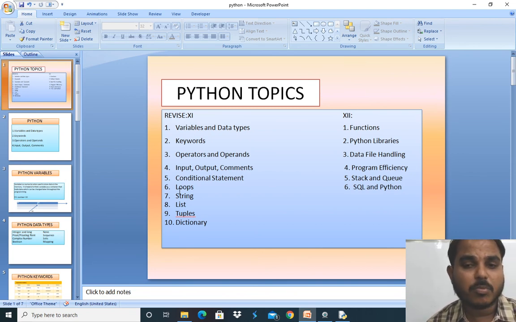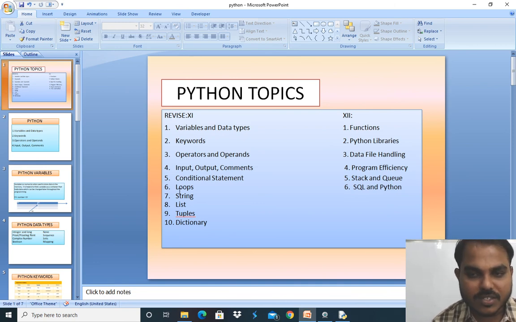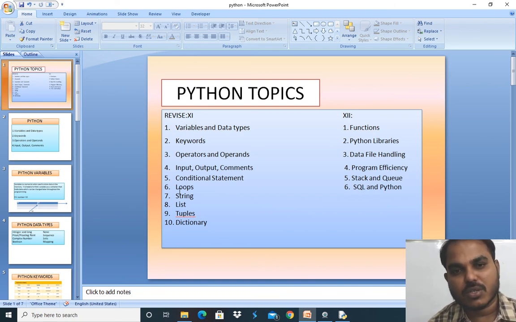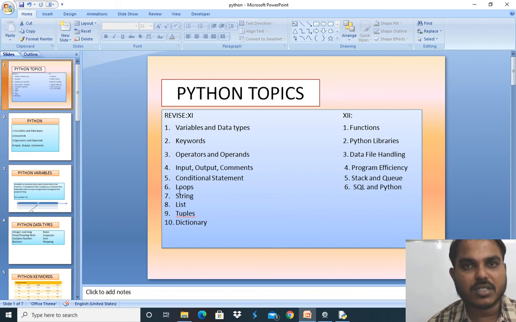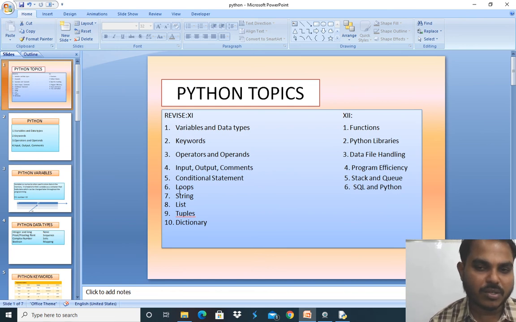It deals with the project. We need to combine SQL with Python. So it is only for grade 12 standard. For grade 11 we'll make one general project. On the general project we'll list the requirements first, then we'll go to the project, right? So for grade 12, SQL and Python should be merged. We'll see in the next class how we are going to combine SQL and Python.